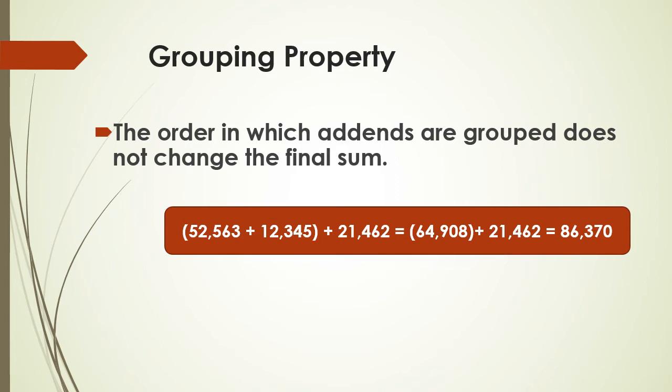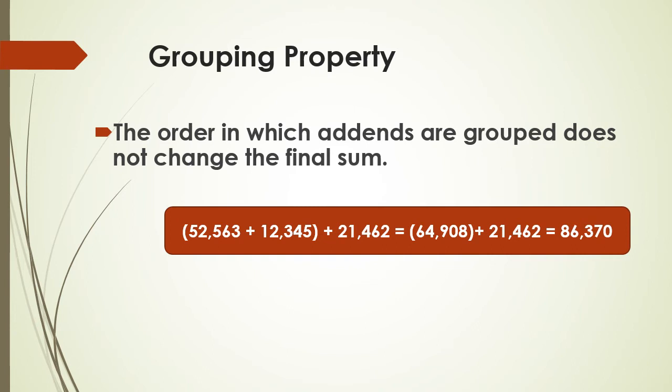Here you can see three numbers. Two numbers are grouped, plus another number is given. Now the grouped numbers you have to add first. When you add, you will get the result as